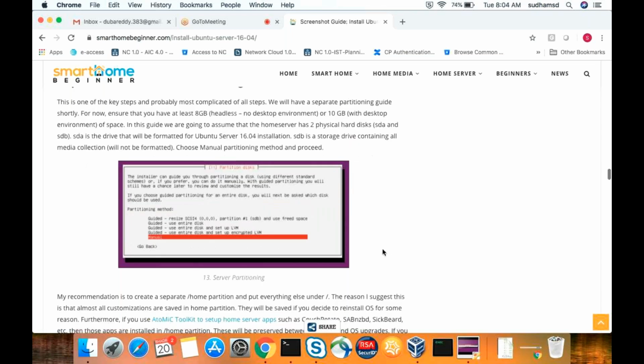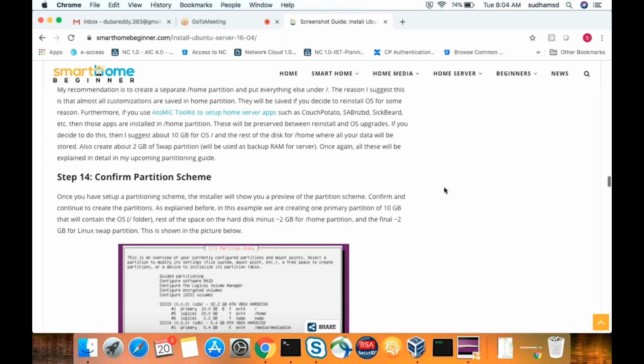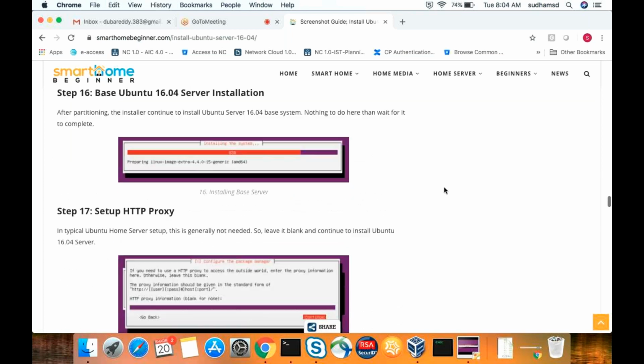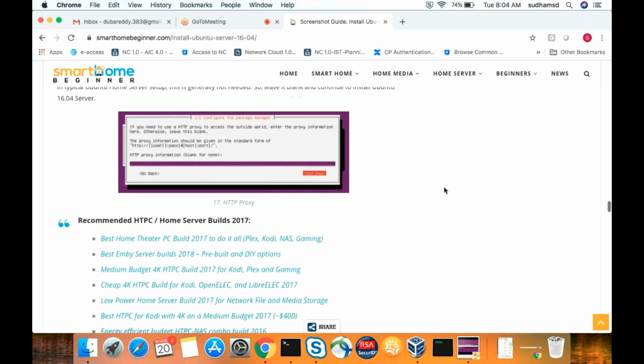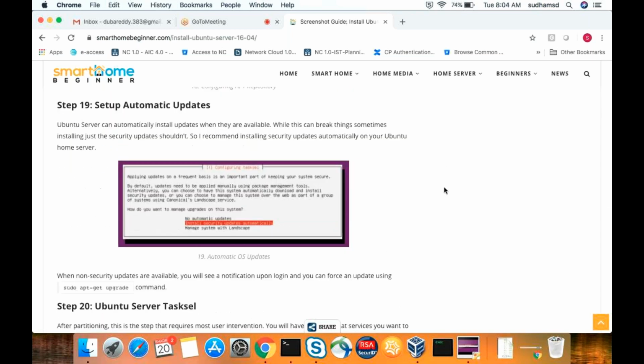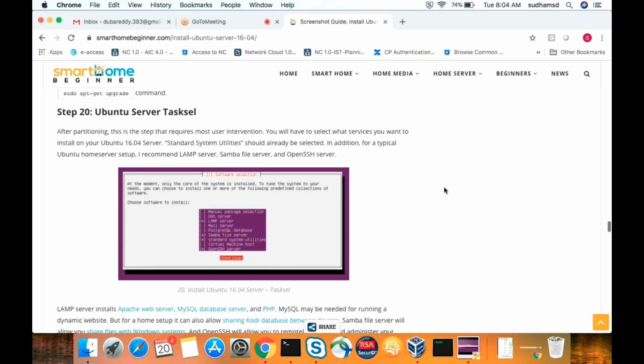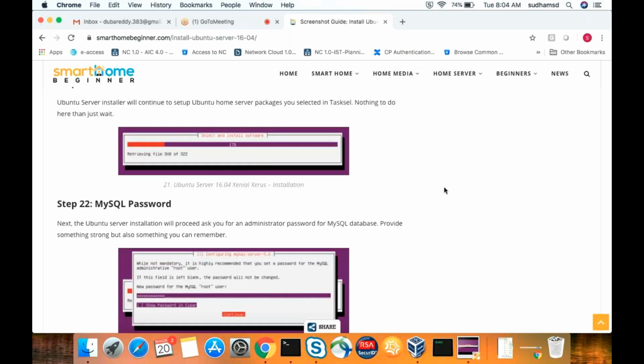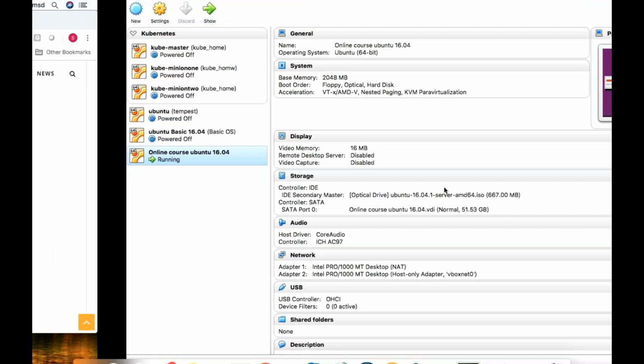Here we need to use entire disk with LVM partition. That is what we need to follow actually. Yeah, this is not required. It's okay. It is a bit different. Okay, let's follow it.